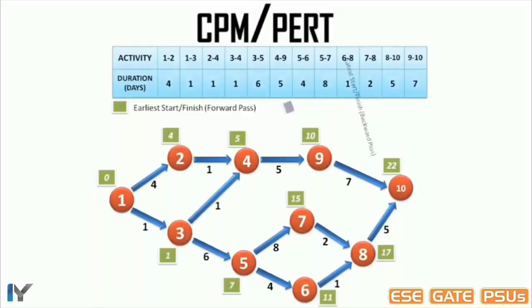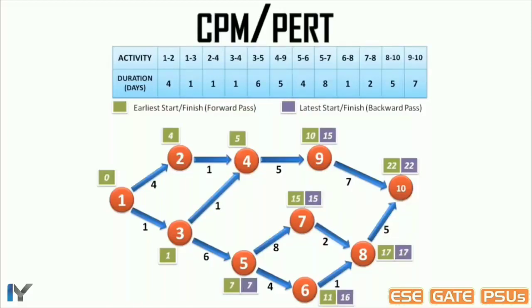Let's complete the backward pass also, which is shown in the violet box. Start with the same value 22, then subtract the duration of the activities from right to left one by one, and at the node where two paths converge, select the minimum value, to get 0 always at the start. Always remember this point. In forward pass choose the maximum value, but in backward pass choose the minimum value at the node